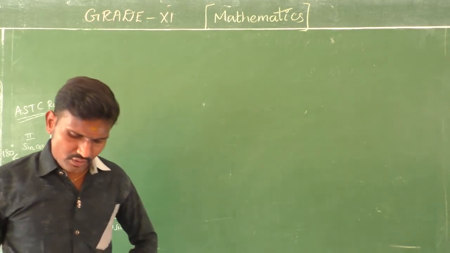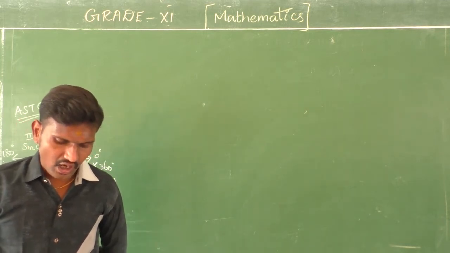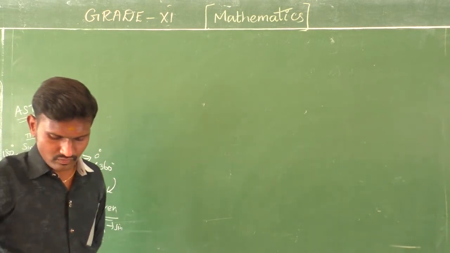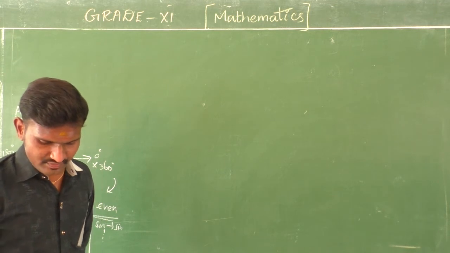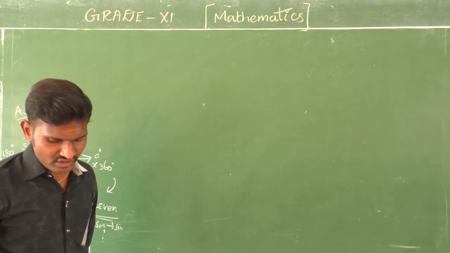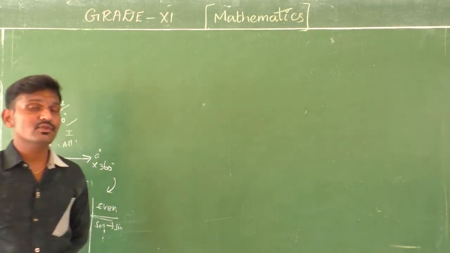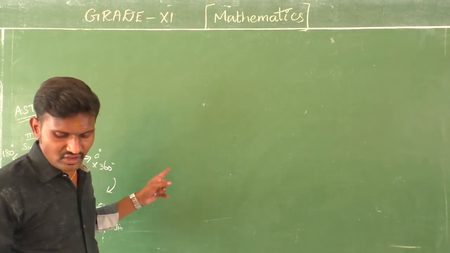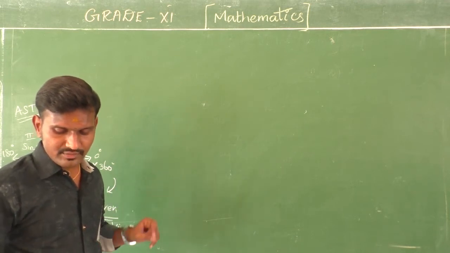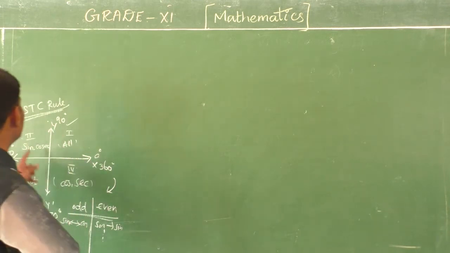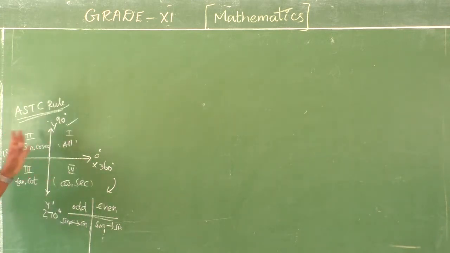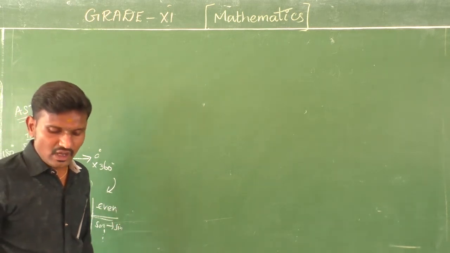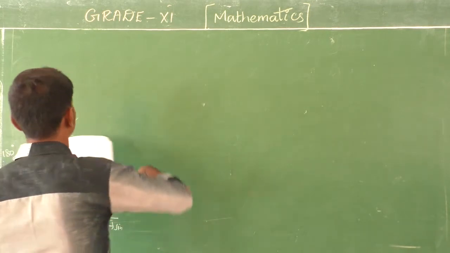And already I told you the question number 8 and 11 on both also you have a same model. Okay. Can you try this? Okay. And next I am coming to question number 10. So that's also in your sin x plus y, sin x minus y format. Okay. So the 9th question is already completed. The 11th question is very simple. And the 8th question also the same manner, using this rule, ASTC rule, and the quadrants. So based on this you have to complete it. Okay, fine. Now I am giving you question number 10.